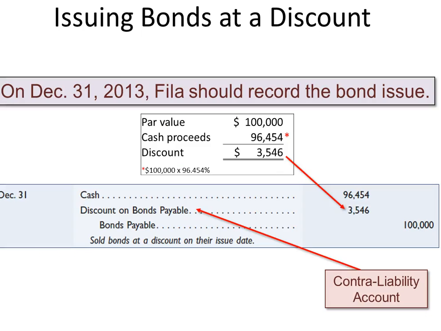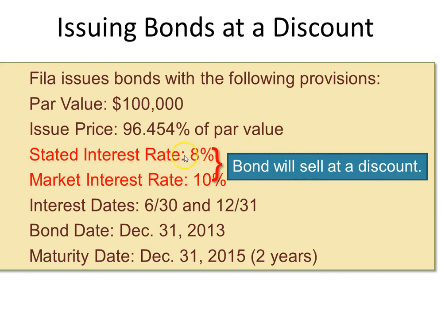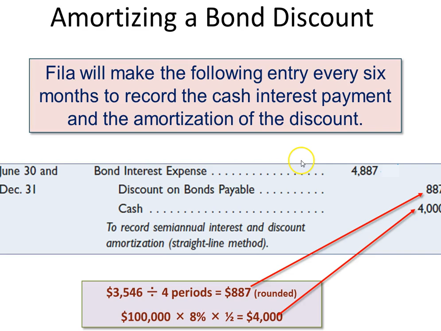Let me go back to an example here. Here, the stated interest rate, i.e. the legal, the contract rate, is 8%. So what is this? This is half that amount because it's paid every 6 months. So they're paying you $4,000 on a $100,000 offering. So they're only paying that 8%, but the discount of the price is what you have to add to your expense, and hence the amortization, and the premium would be on this side.